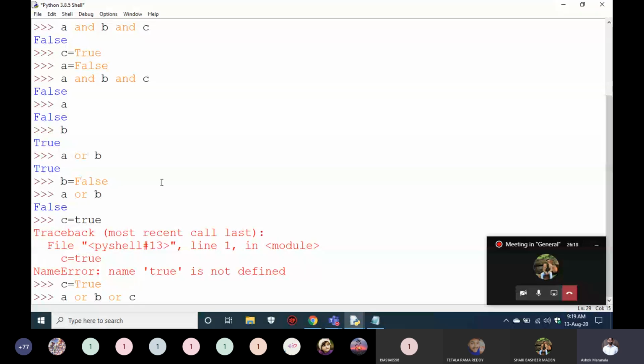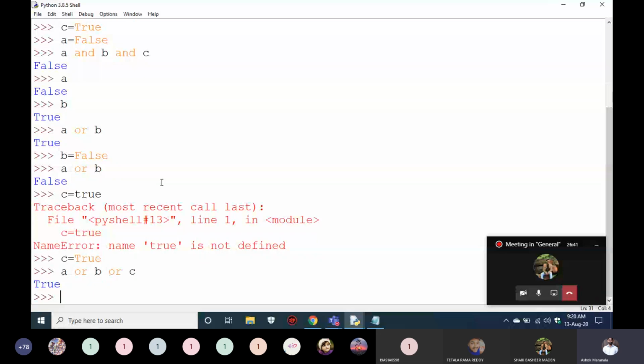Okay, if you check a, it is False. As it is an or condition, and not an and, where it would break there, it is going to check whether b is True or not. b is also False. It doesn't find True, right? And it went to c and finds a True at c, so it will break there and print True. So whenever it finds True, it will break and come out and give you True. If all the statements have been checked and all are False, it will give False. Okay, this is how and and or are working.